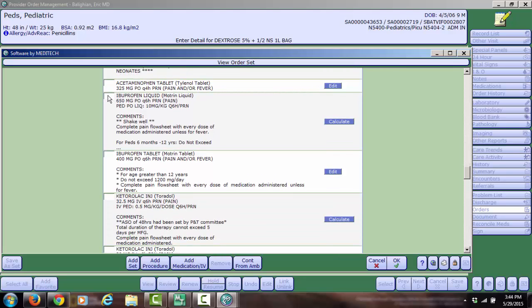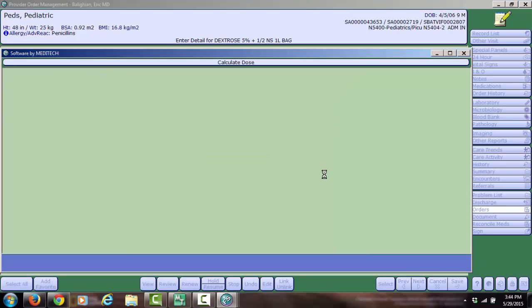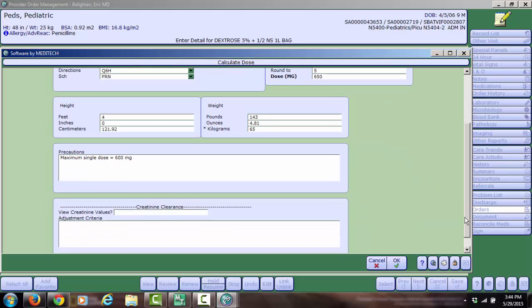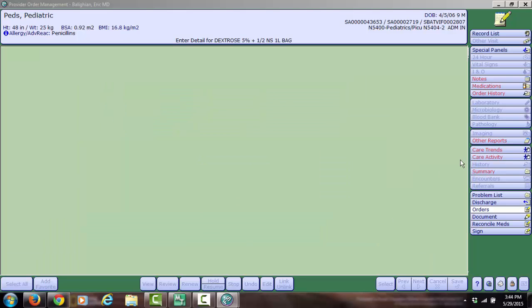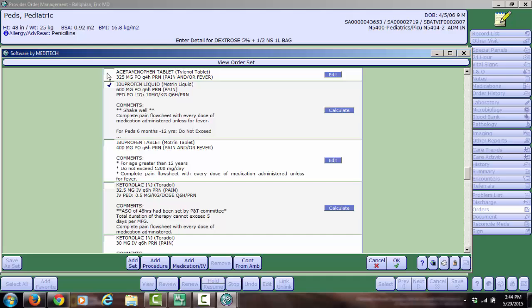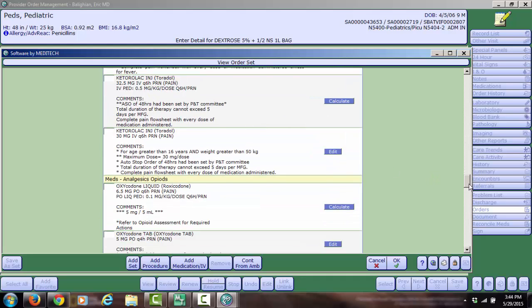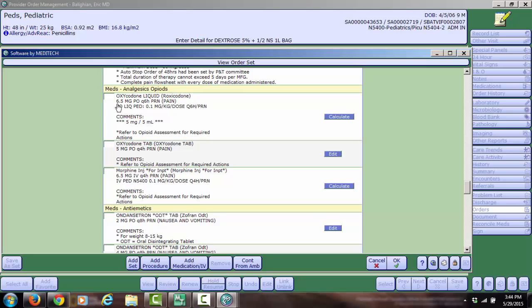There's ibuprofen. Hopefully this will max out, although it may max out at 800. Some people like to give 800 as their max dose. Let's see what happens. No, it's 600, so that's good. I'll go ahead and accept that max dose. And it changed it to 600. You have Toradol, Ketorolac, Oxycodone,